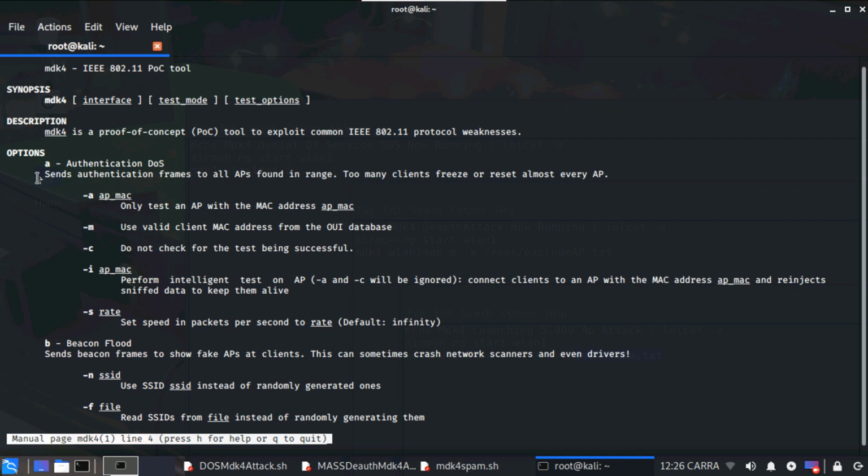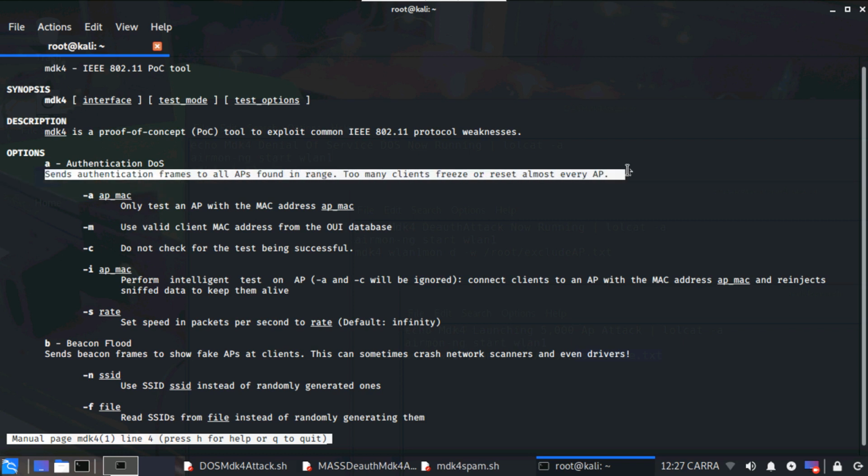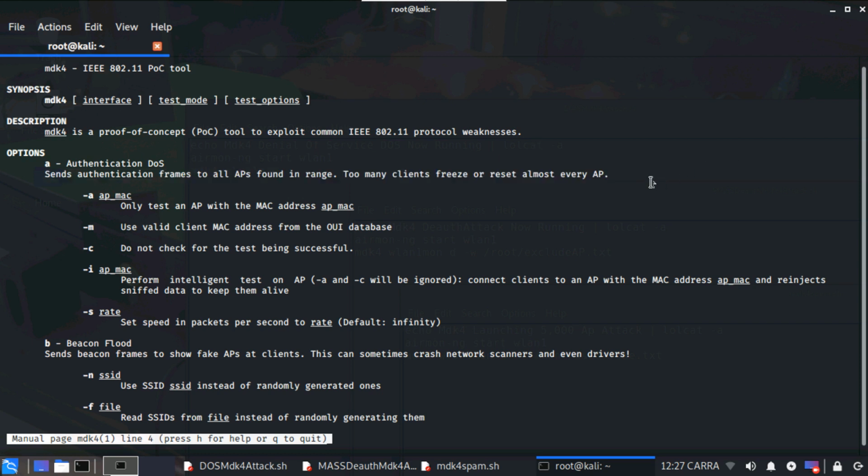First of all, like I said, this comes with the DOS tool. You can actually DOS all APs around you, and this can actually freeze up people and/or reset access points. But in most cases, they get fed up with it and unplug their router and plug it back in, causing the router to get reset. So this tool can be really useful if you get locked out in WPS attacks. You can actually launch this and hope that the person resets their router,